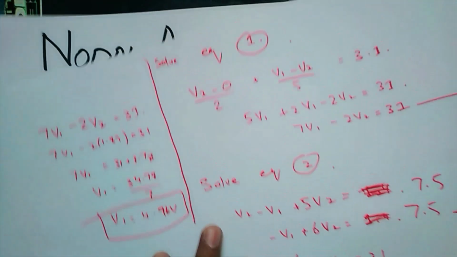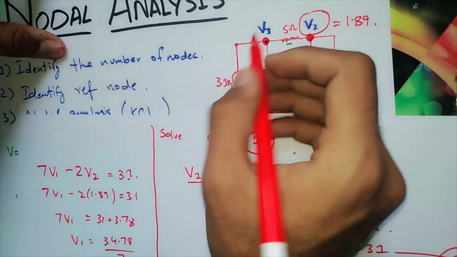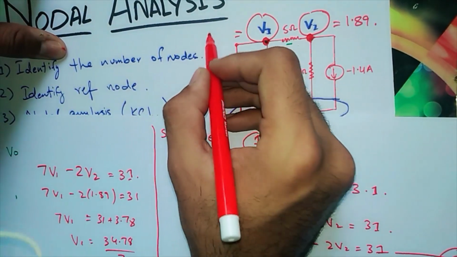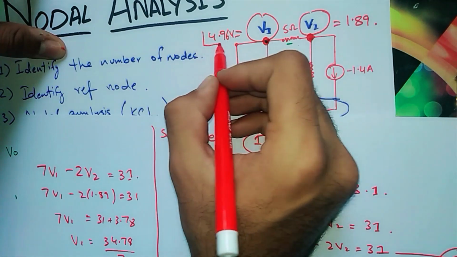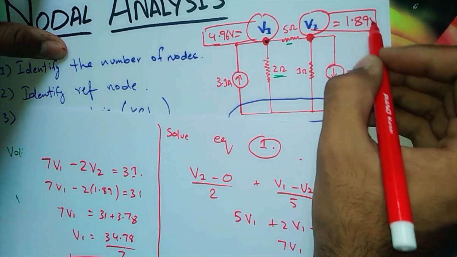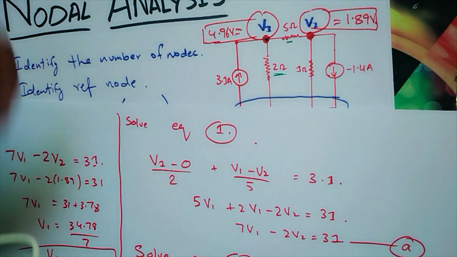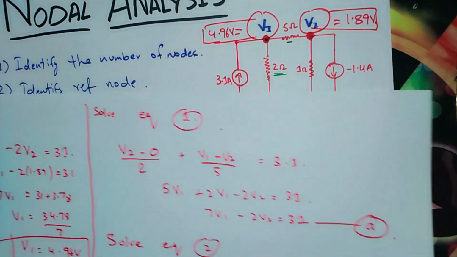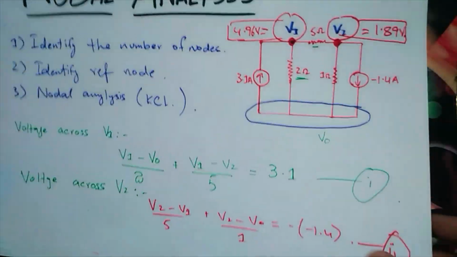So we have found the voltages at both the nodes: V1 is 4.96 volts, and we have found the voltage across V2, which is 1.89 volts. So this was our lesson topic today. I hope you have understood the